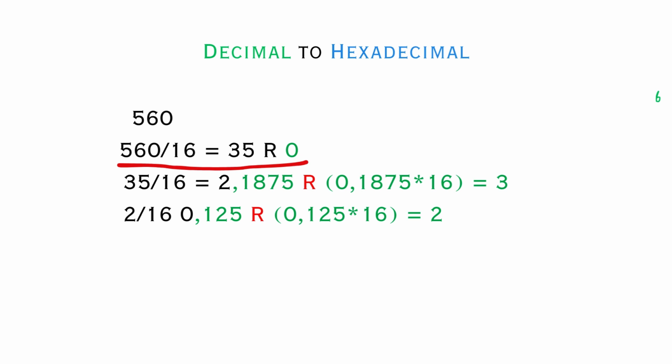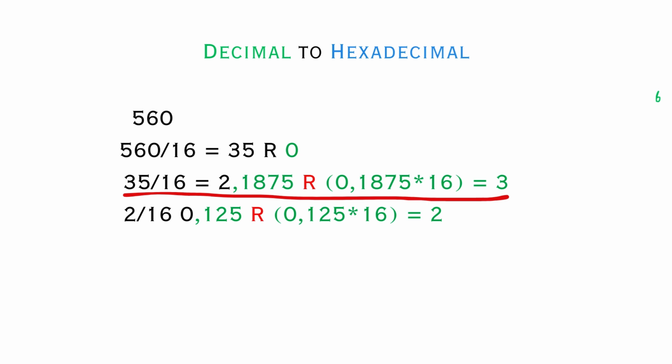And how do we do decimal to hexadecimal? Well, it's really similar to doing decimal to binary, so it's really easy. Let's say we want to convert 560 to hexadecimal. We need to divide by 16. Before we divided by 2 because it was base 2, and now we're doing 16 because it's base 16. 560 divided by 16 is 35. The remainder is 0, there's no remainder. Now we do 35 divided by 16. Well, we get